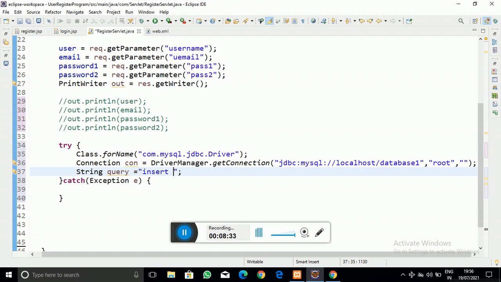So let us write: insert into table name, the table name is users, and values are,